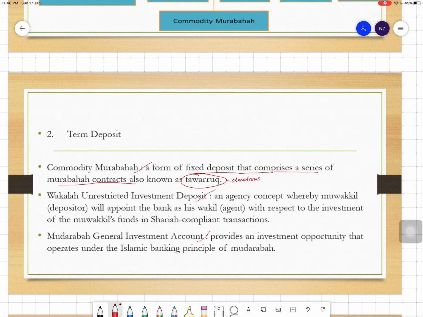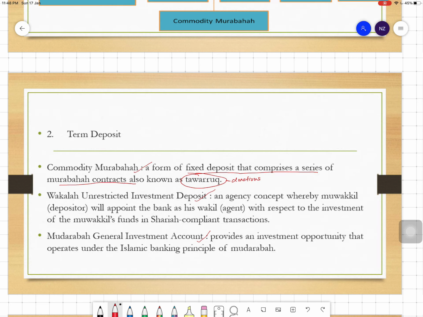Right. So bila kita put the money in the fixed deposit, means kita tak ada dapat return from that deposit until the period ends, baru kita boleh keluarkan the duit from that account. So within that period tu, it's called as tawarruj. Okay, untuk wakalah unrestricted investment deposit,